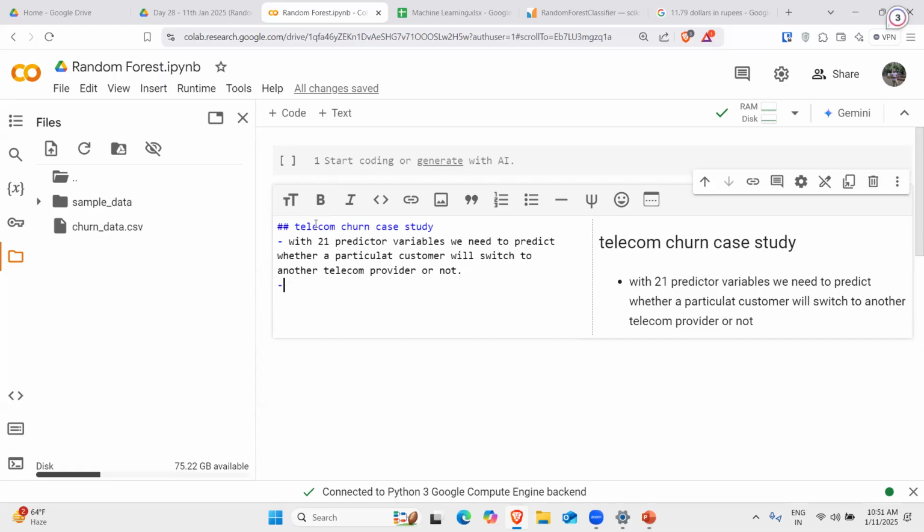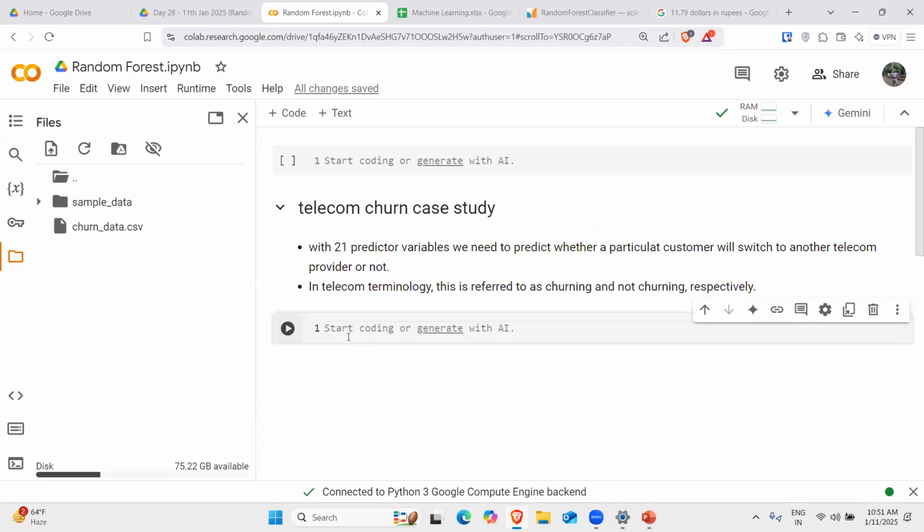In telecom terminology, this is referred to as churning and not churning respectively, right? So my step number one would be the same,